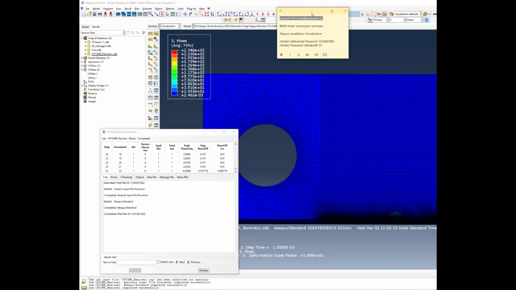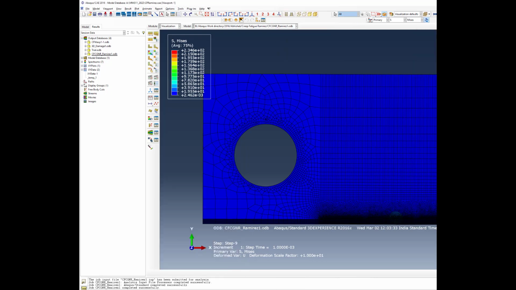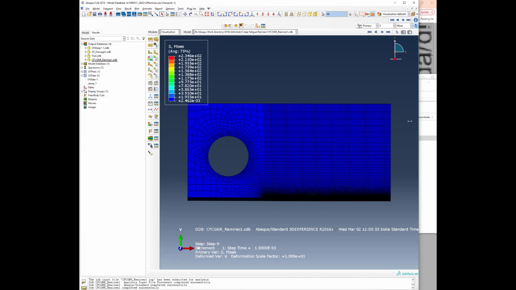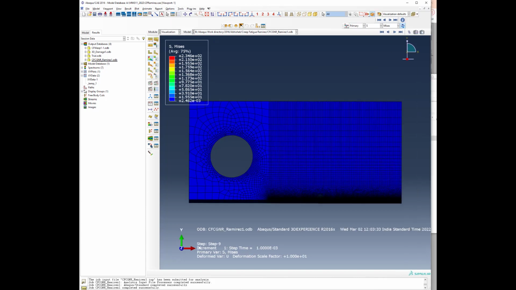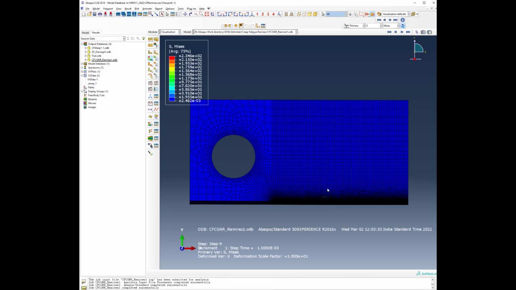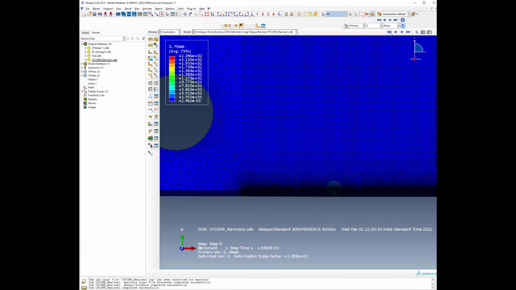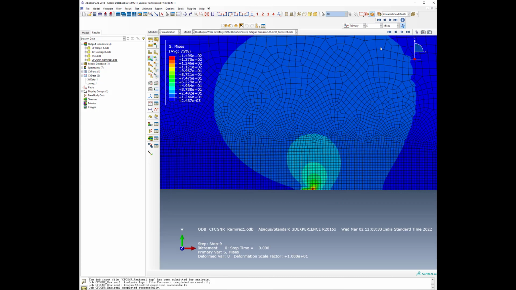So now the job has finished, and it took a while in the pre-processing of the input file because we have placed a lot of history output requests in 23 steps. All those checks in the pre-processing take a lot of time, but once the calculation starts, it doesn't take much time for the calculation to come up. So let us look at the results now, and from the very beginning, if we go to the initial stage,